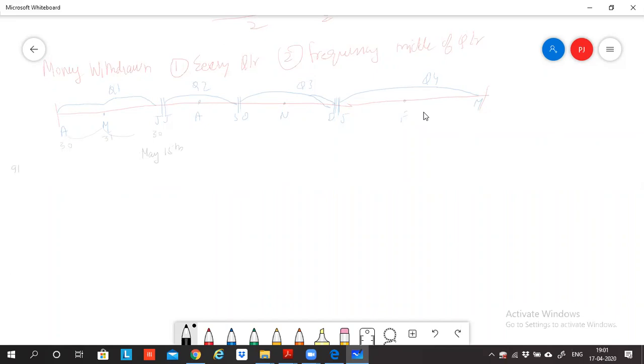And they say that in middle of every quarter, what is the frequency, in middle of the quarter? So 91, what is the middle portion of 91? Can I say 45 or 46? Yes, sir. Okay. Now from 1st April, if you calculate 1st April plus 45 days, which date will it come?